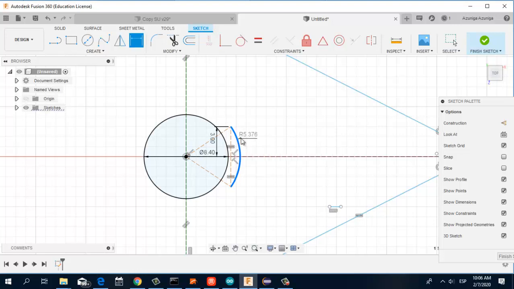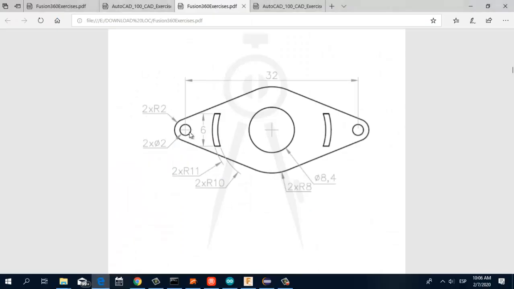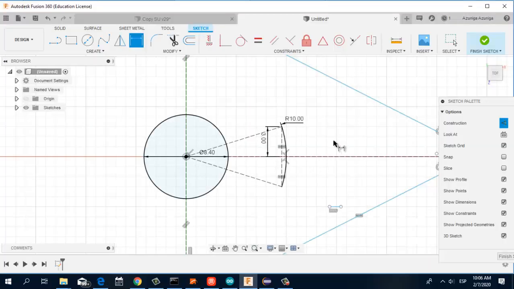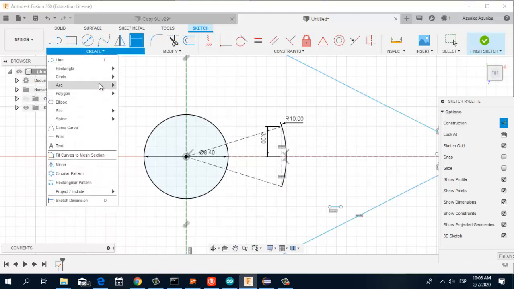I'm going to say that this is going to be 10. Okay, so it takes it right over here, and then this is the radius from the center, 10, and then the other one is 11. Okay, so I'm going to make another radius, another arc, sorry,